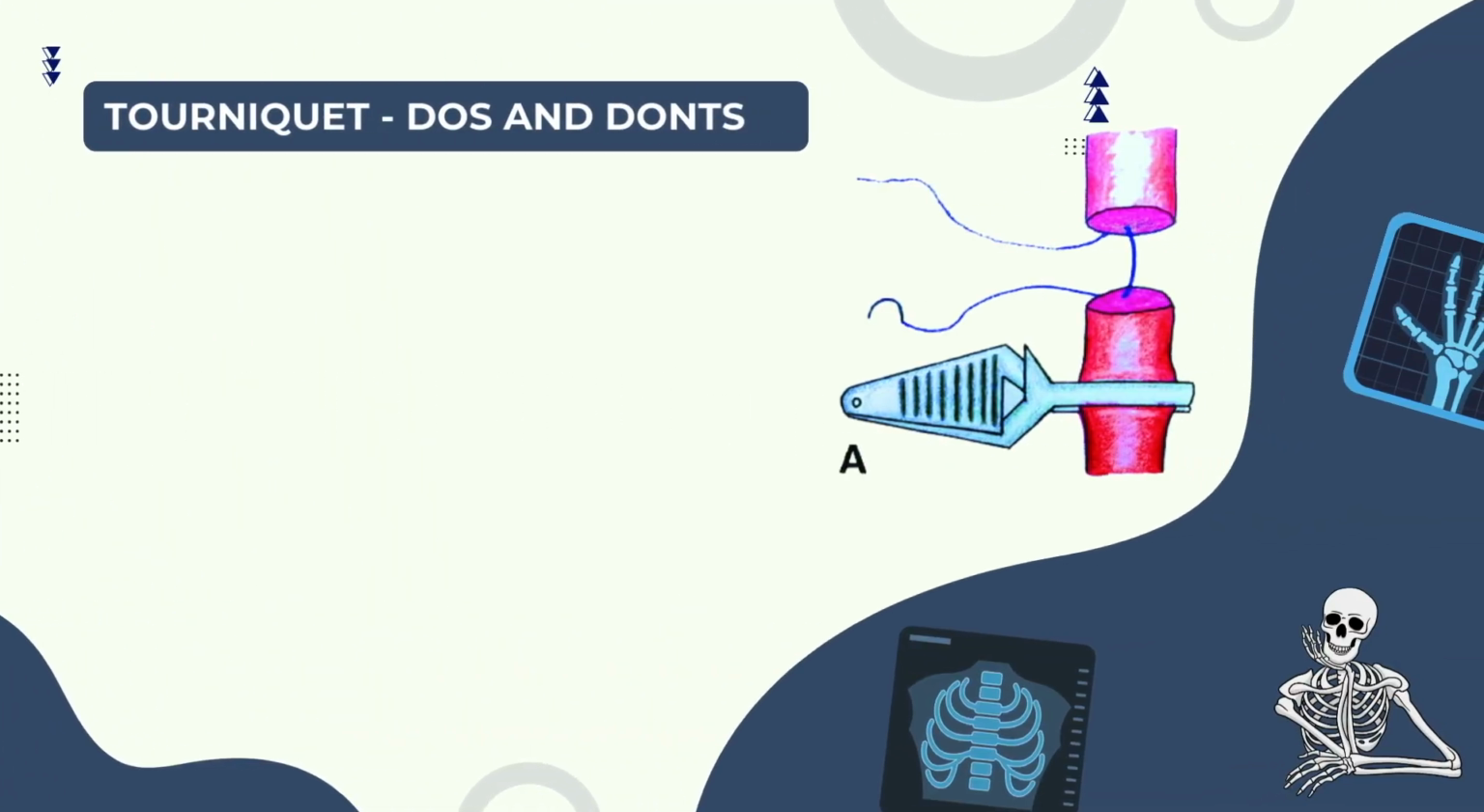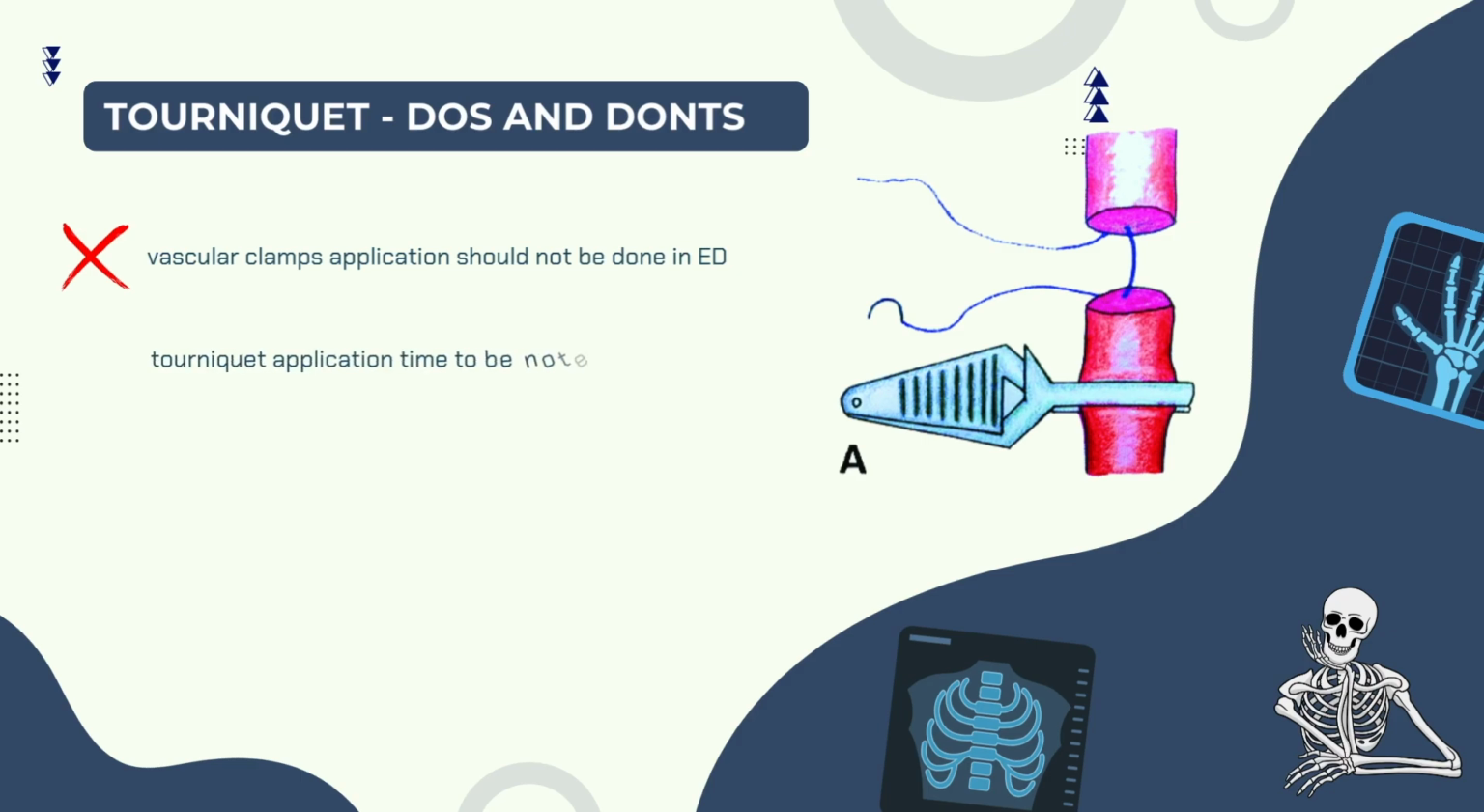Let's look at some do's and don'ts of application of tourniquet and clamps. Vascular clamp application in an ED is per se not recommended, because if it is a deeper, larger vessel, if we are doing a clamp, then the vascularity of the limb will be severely compromised. If it is a superficial one, you can clearly identify the bleeder at the ED, then you can safely apply